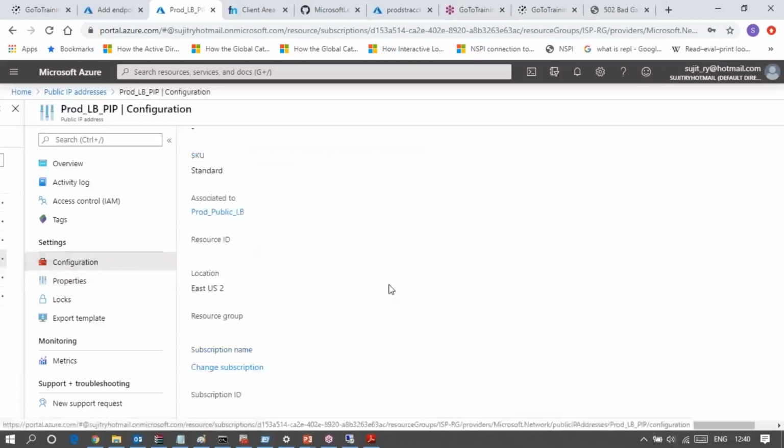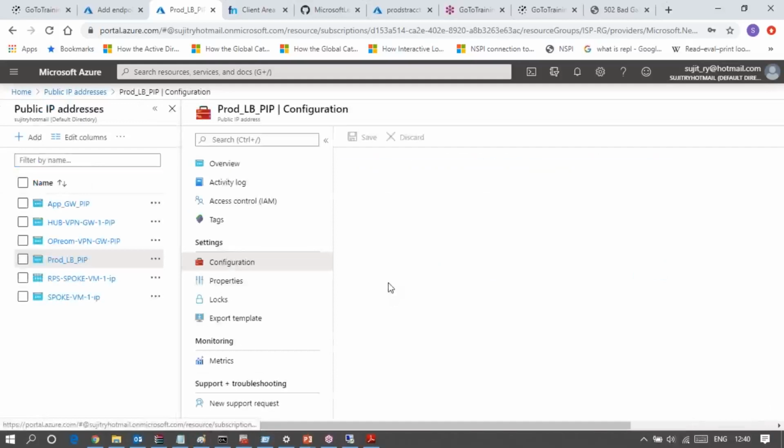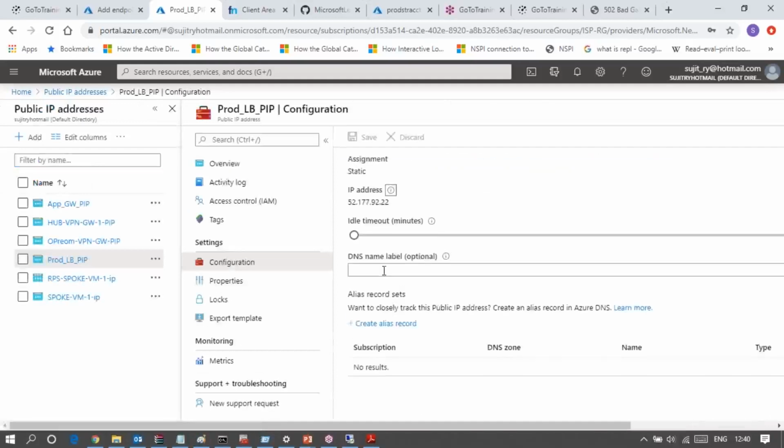Let me change to the configuration. Yes. So here I can mention the DNS label name. Let's say any name I can mention, but just for understanding, DNS name is CloudSol. What happened?